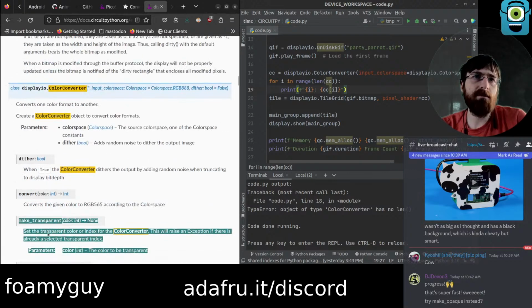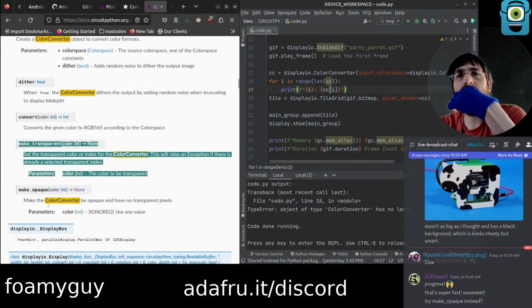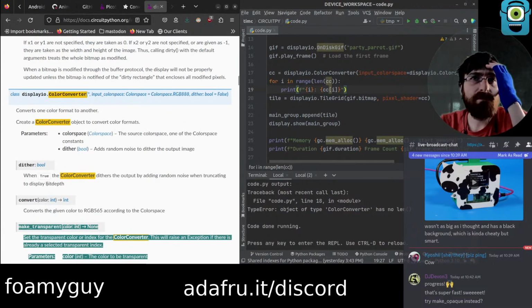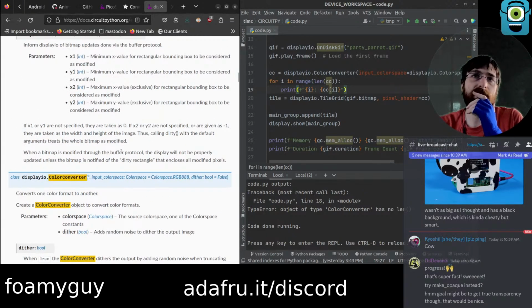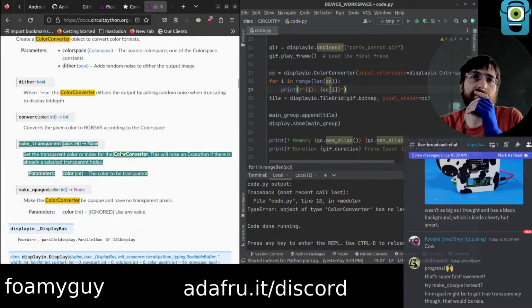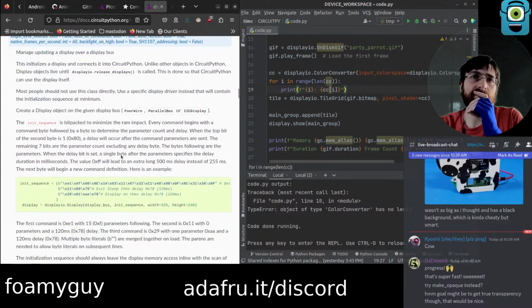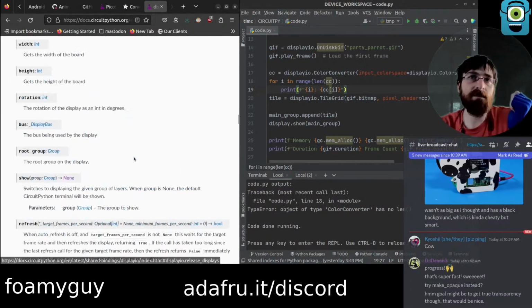Yeah, I don't get what make transparent would do in the context of this. If this just takes one color input and then spits out the different format, does it give you back none if it's transparent or something like that, maybe?